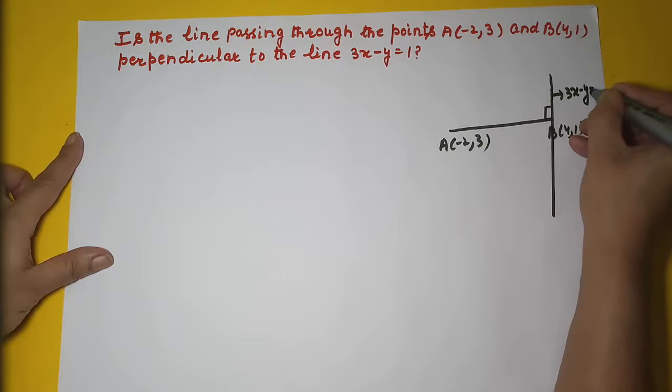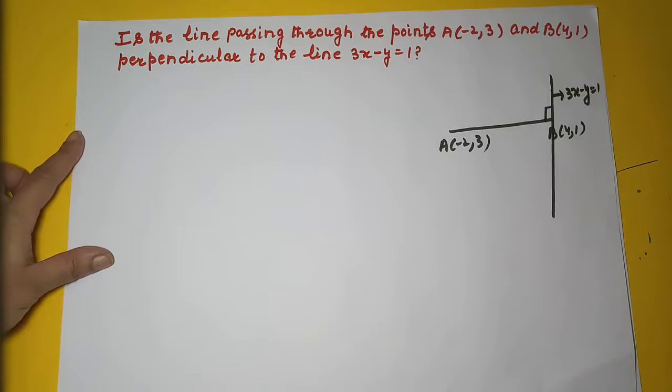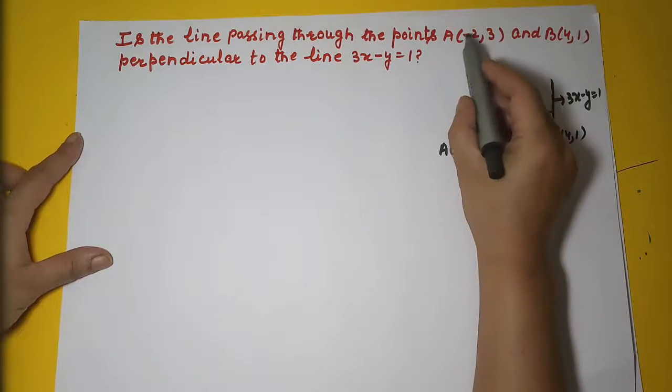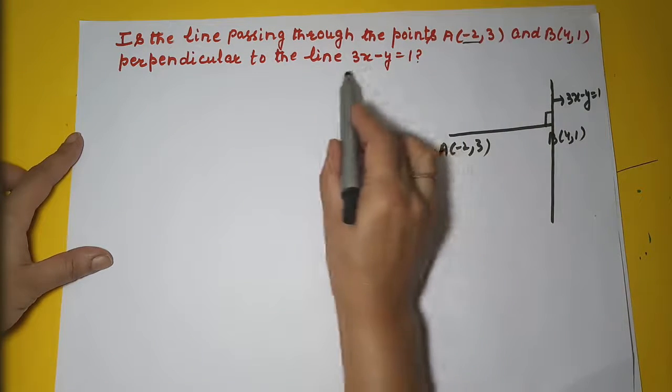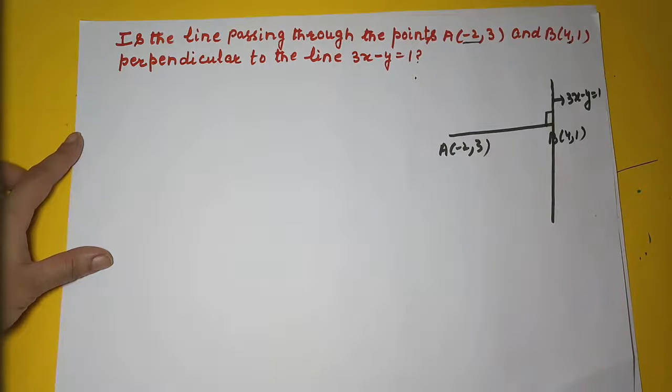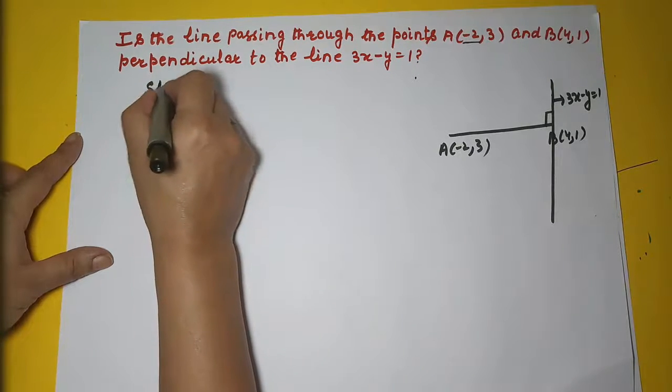This is not given. This is what we have to find. Fine. How will we find this? Now, we will find the slope of this line. We will find the slope of this line. If the product of the slopes is -1, the two lines are perpendicular to each other, right? So let's first find the slope of line